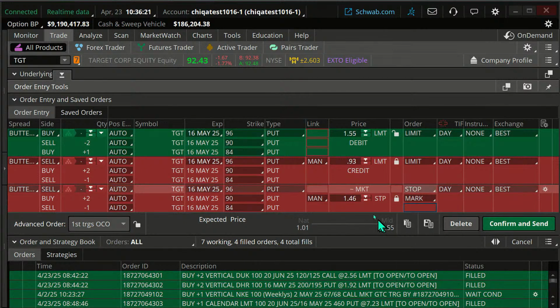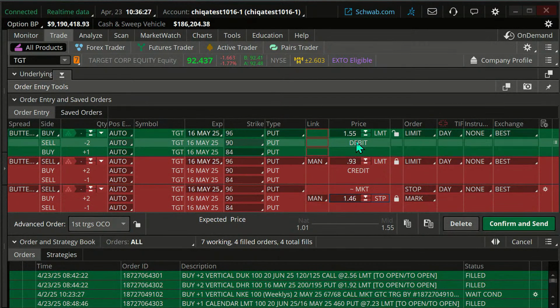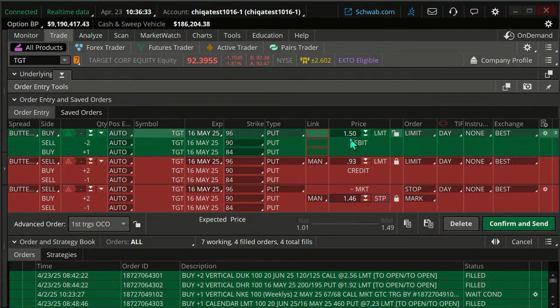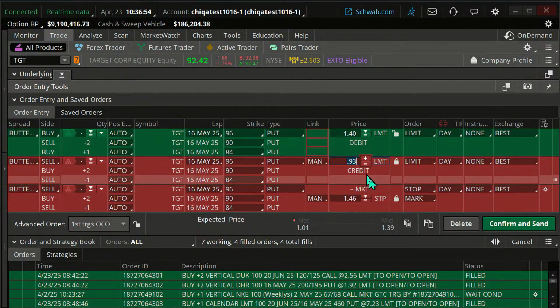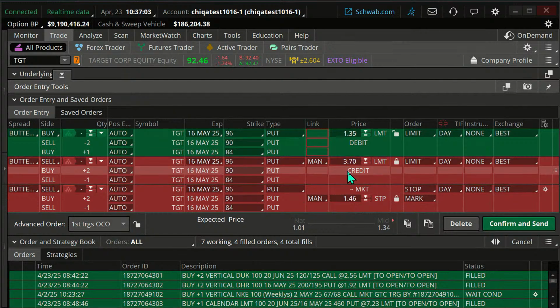So we're going to put in a stop here on this as well. And our stop is if we're buying at 155. Sorry, I did that right originally in the first place. I don't know why that's showing as a credit. 225 plus 145 is 370. 3.70 is going to be our target on that.